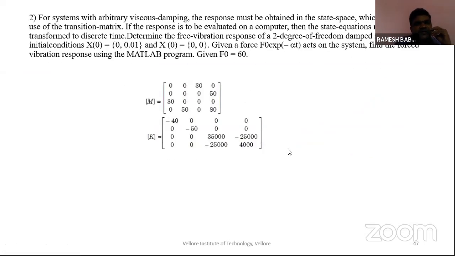So the second problem, for the system with arbitrary viscous damping, the response must be obtained in the state space, which implies the use of the transition matrix. To evaluate the response on a computer, the state equation must be transformed to the discrete type. Determine the free vibration response of a 2-degree of freedom system,